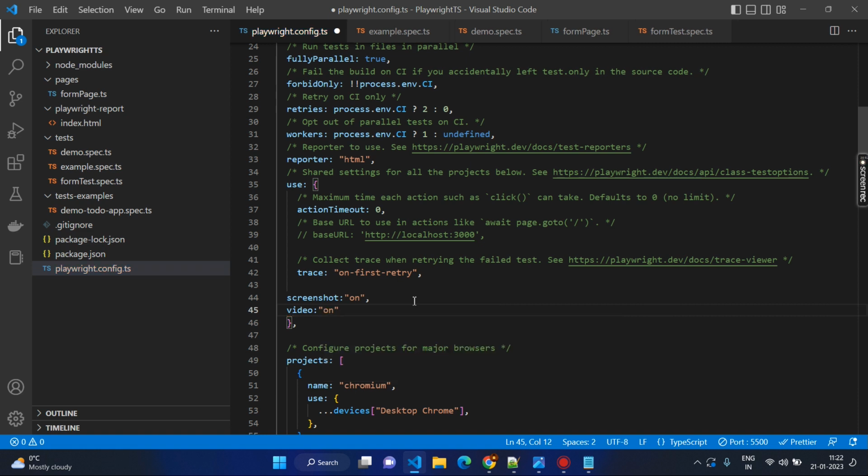Again you can have the on option, but generally people will not prefer screenshot and video every time. Whenever they want, it is when it fails or for the negative test cases, they will take the screenshot. But just to understand the screenshot and video options inside your playwright.config.ts, we are making both on. Now let's go to the test cases